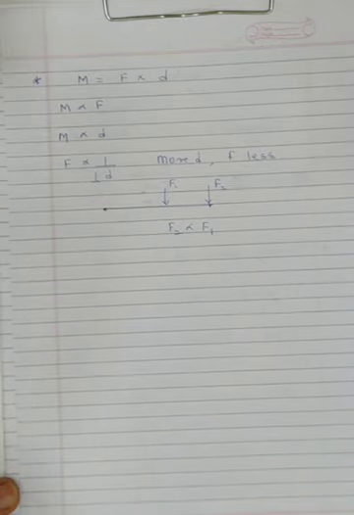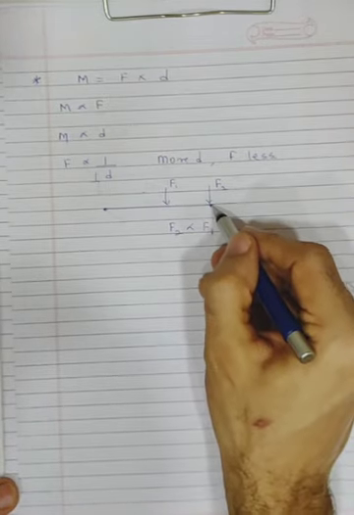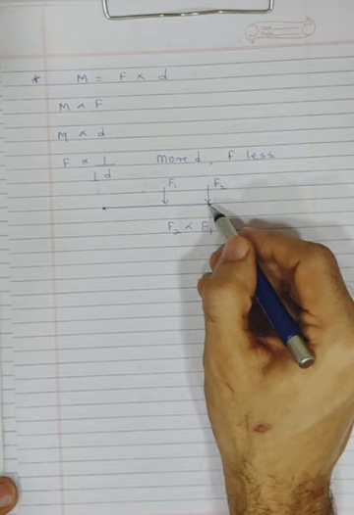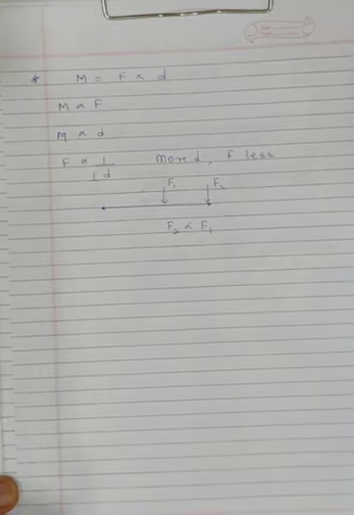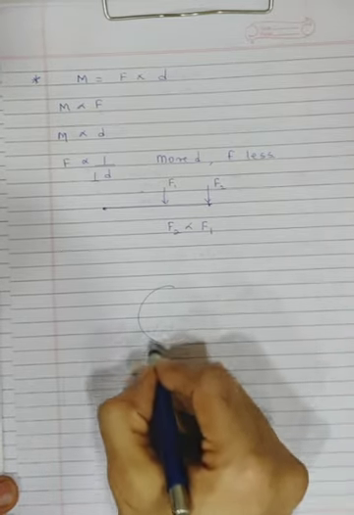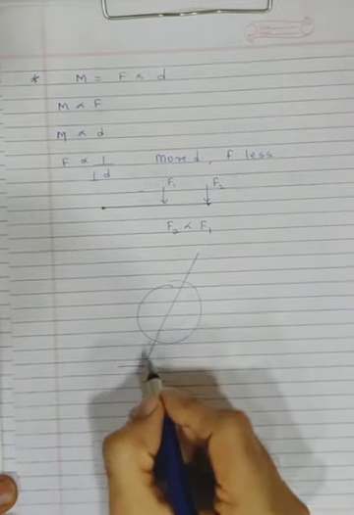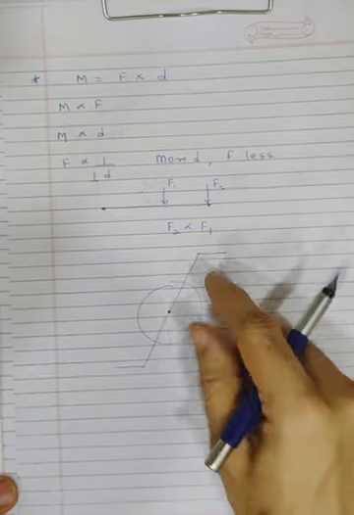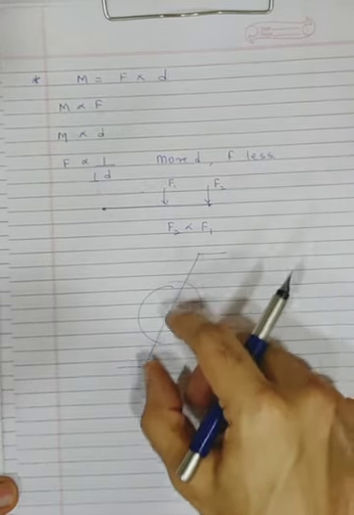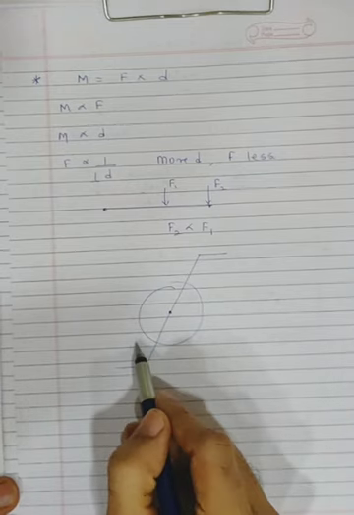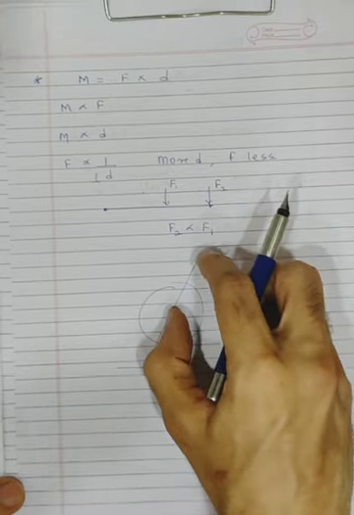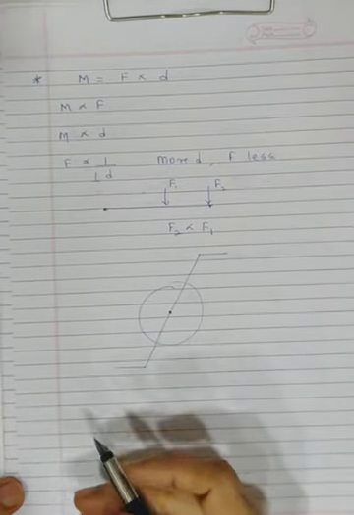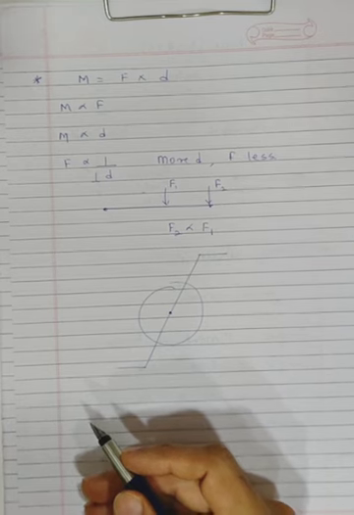So there are a few give-reasons which are based on this one. To open or shut a door, the door handle is always provided at the farthest end. Most of them are simple. I think if you read them, you will get them. Like in a bicycle also. Say if these are the pedals of a bicycle, they can ask you why are these pedals provided at some distance here, look? Why are they not provided very close to this? That is to increase the perpendicular distance. What happens when you increase the perpendicular distance? Less force is needed, so it becomes easier for you to turn it.